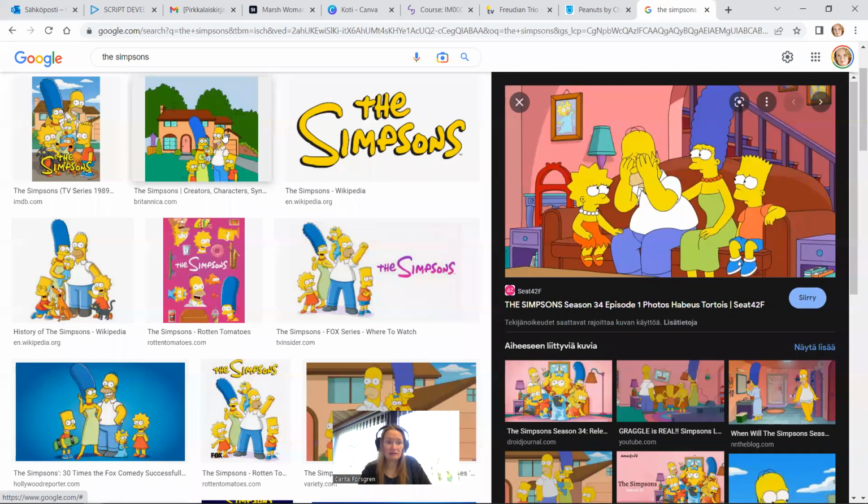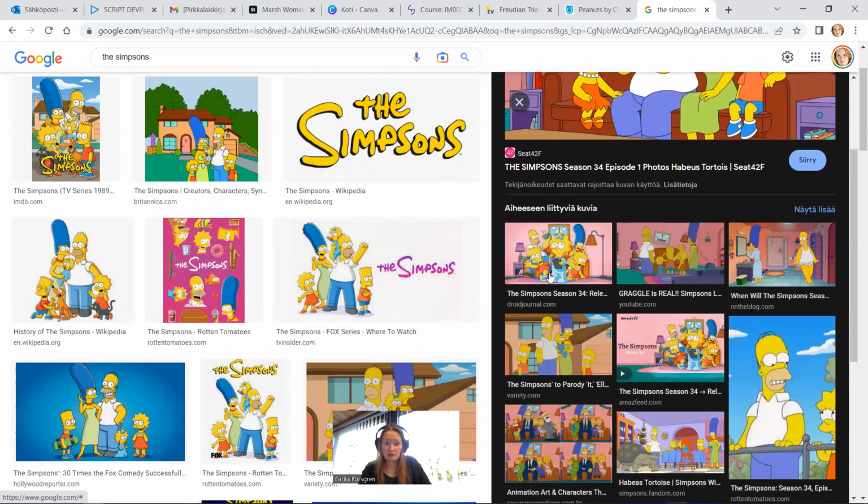Well, when I actually started analyzing them from the triangle view, I noticed that the family doesn't form that many triangles within itself, but there are triangles as stories, because in each episode there is the situation itself that acts as the third thing that comes between maybe Marge and Homer, or the third thing that comes between, I don't know, Bart and his best friend Milhouse. And then the places, they